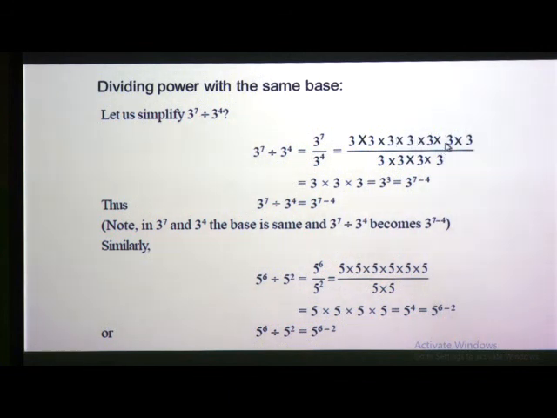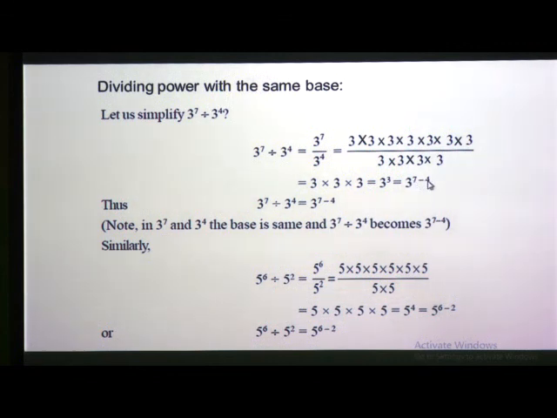1, 2, 3 and 4. So, how many are left? 1, 2 and 3 are left. So, we will write 3 into 3 into 3, which is nothing but 3 raised to power 3. In short, we can say it is 3 raised to the power 7 minus 4,